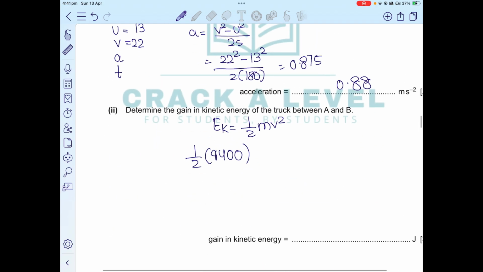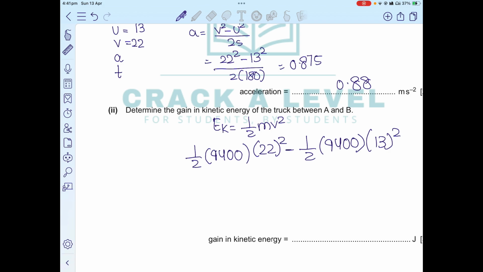What was the final velocity? It was actually 22 squared. Subtracted with the initial velocity, half into 9,400 into 13 squared. So 13 squared gives me the initial kinetic energy, 22 squared gives me the final kinetic energy. So the difference of them will give me the gain in the kinetic energy. Now when I do half of 9,400 into 22 squared minus half of 9,400 into 13 squared,